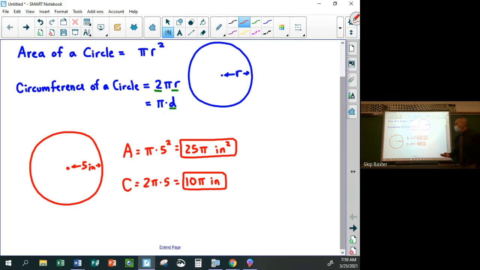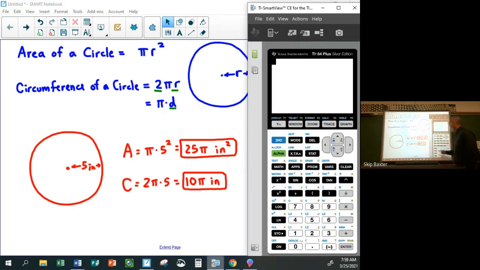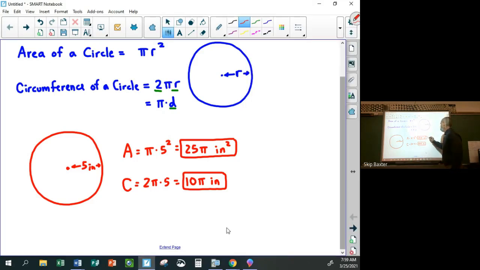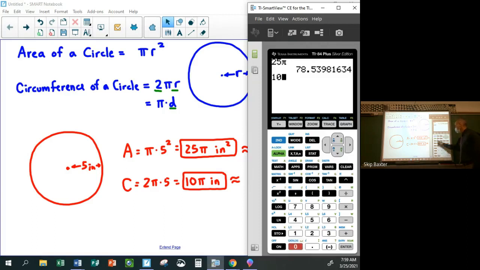Okay, and pay attention, sometimes they'll say, put your answer in terms of pi, which is what I did here. This is the exact answer. And sometimes they'll say, round your answer to the nearest tenth or something like that. So that's just using your calculator. You can use decimals or whatever. But in this case, if I had 25 pi, there's a pi button right here on these calculators. So 25 pi would be 78.5. So that would be the approximated answer here, 78.5 square inches. And if I wanted to approximate 10 pi, that's no big deal either. 10 pi is 31.4